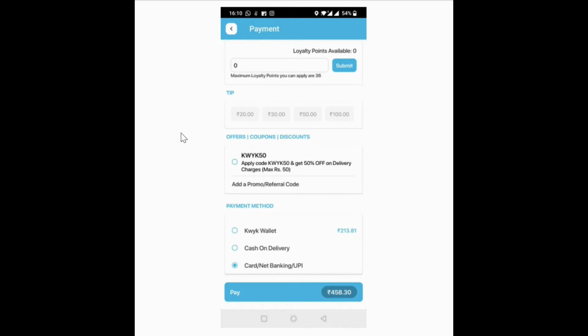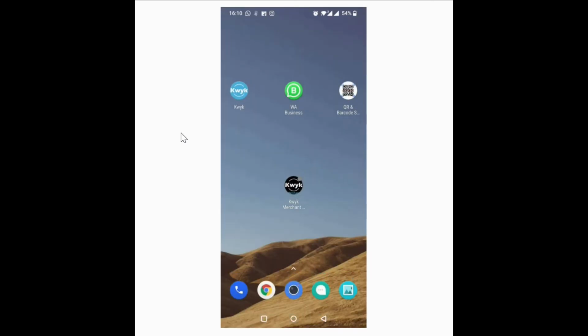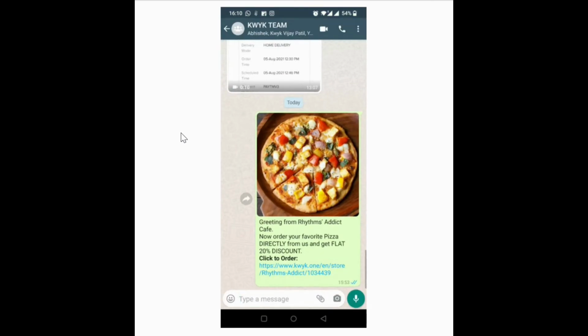The second method is if the restaurant or the merchant can send their direct order link to the customers on their social media pages or through WhatsApp also. So assume that Rhythms Addict Cafe has sent this link to the customer and the customer wants to place a direct order. And here the benefit is that they can offer discounts for placing direct orders. Like Rhythm Addict Cafe says, now order your favorite pizza directly from us and get flat 20% discount. Click to order. So the customer clicks on this link